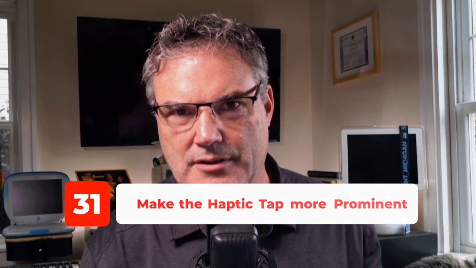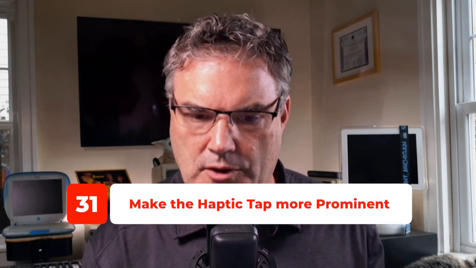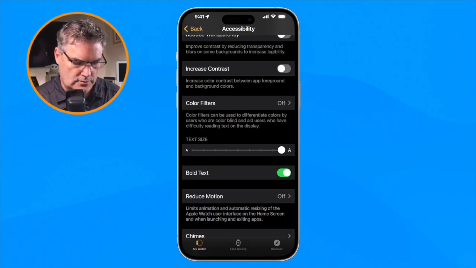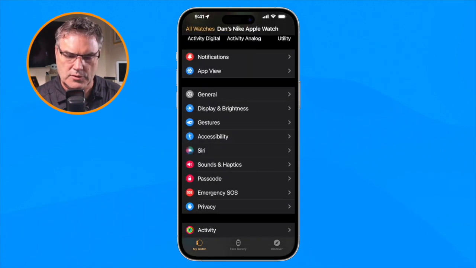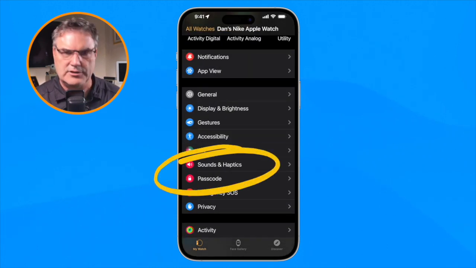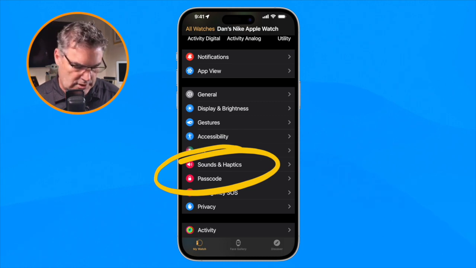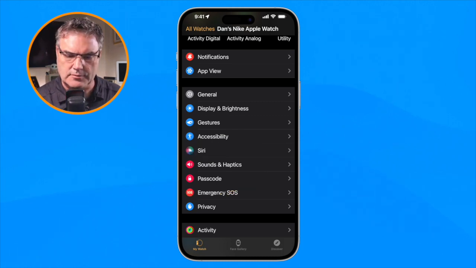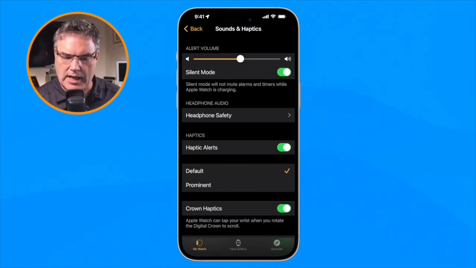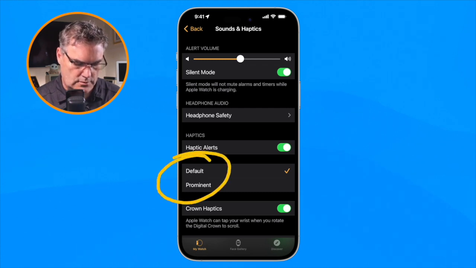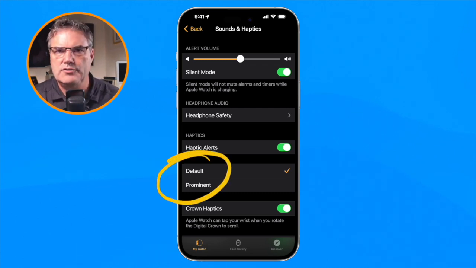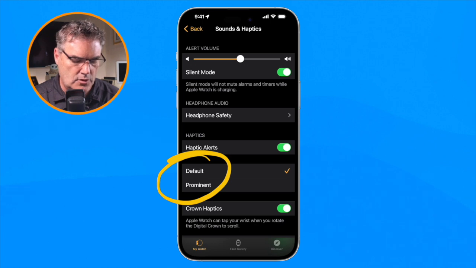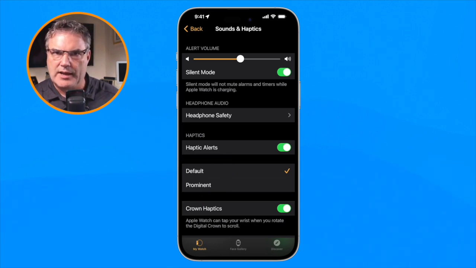Now what about that haptic feedback, that haptic tap? Maybe you don't feel it all the time. Well, what we're able to do is make that a little more prominent. To do that, we need to go back, and we go over to Sound and Haptics. When we're looking at our sound and haptics here, you're going to see that there's an option for prominent. All I need to do is tap on prominent, and then when there's a haptic feedback on the Apple Watch,